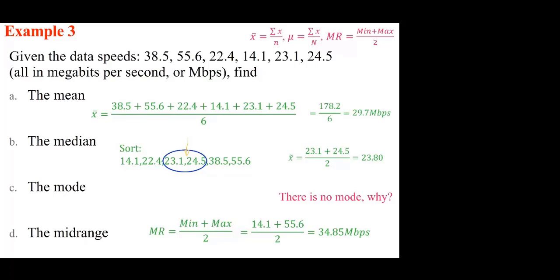Sure. Why do we have 4 significant figures for the median and mid-range, but we keep it at 3 for the average? Well, it's just the number of decimals. If you look at the data, how many decimals does it have? It has 1. So over here, you add 1 more. And this number,